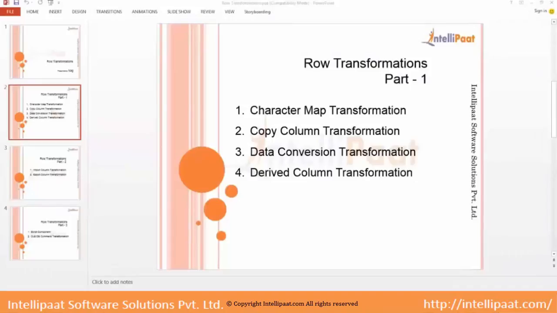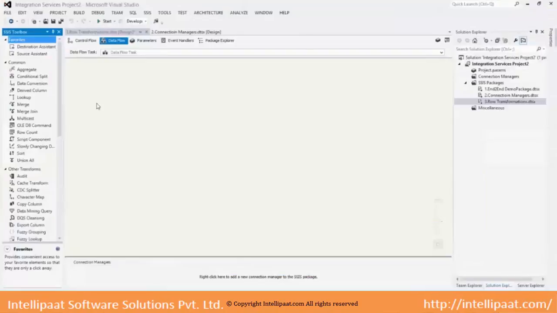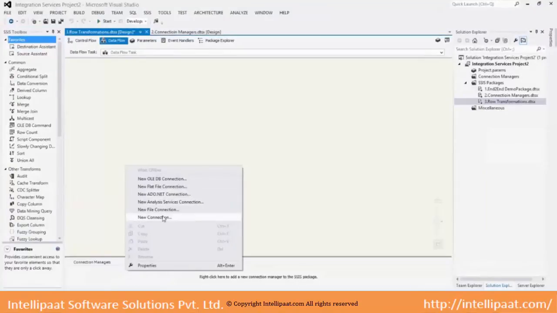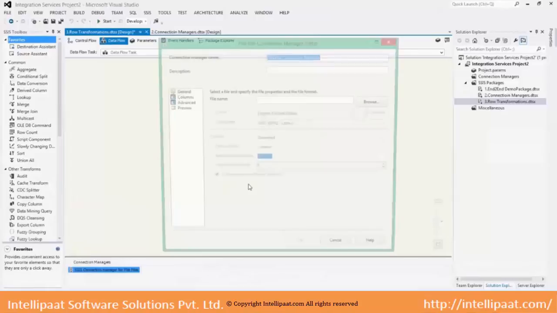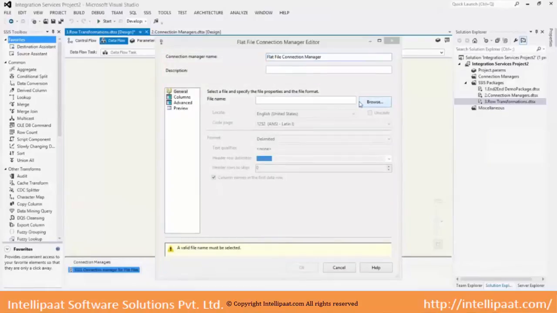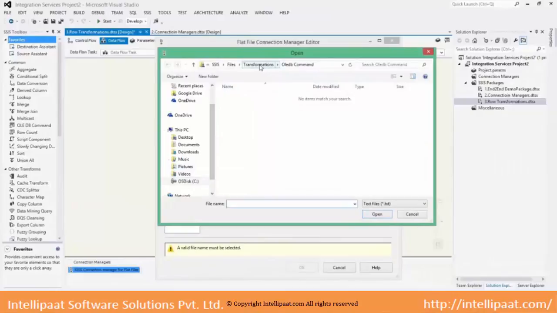Right now in this session, we are concentrating on row transformations. So I have an invoice file, for which I need a flat file source and a flat file connection manager connecting to the invoice file.